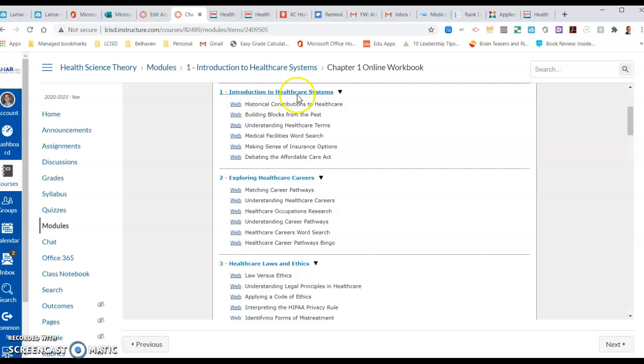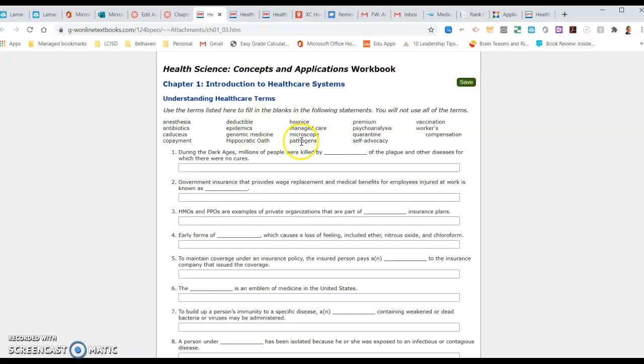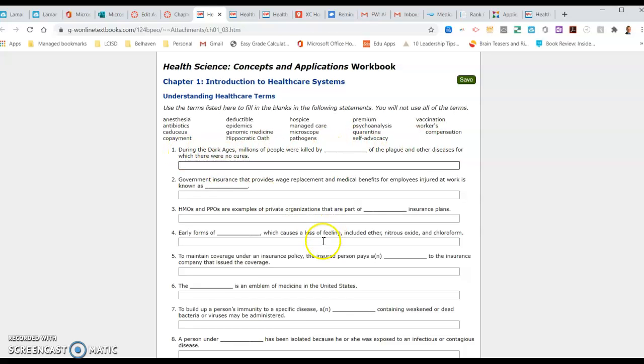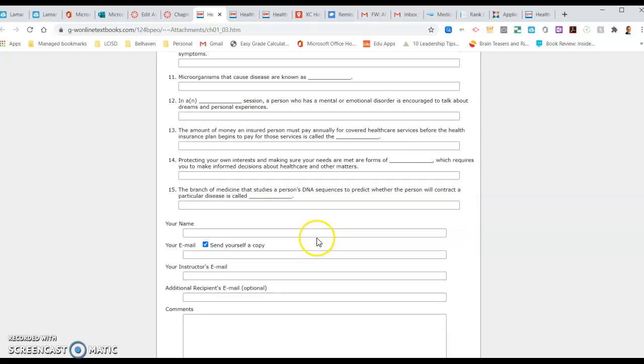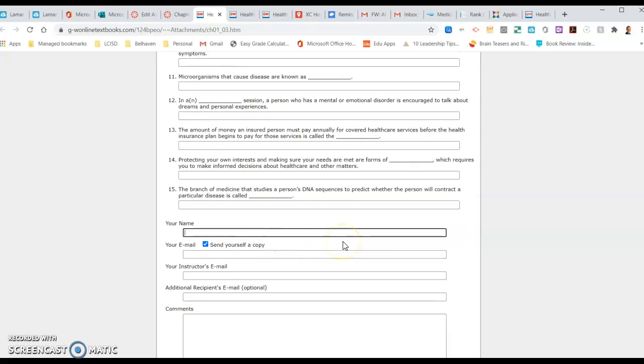This is Chapter 1 right here, and you're going to do the Understanding Healthcare Terms and Making Sense of Insurance Options. So when you click on Understanding Healthcare Terms, it's going to take you here, and what you're going to do is in these boxes you're going to put which word matches the sentence, which one fills in the blank there, and you're going to go through all of these and go all the way down to the bottom, and you're going to put your name in here, and you're going to put your email, and then in your instructor's email you're going to put my email address,